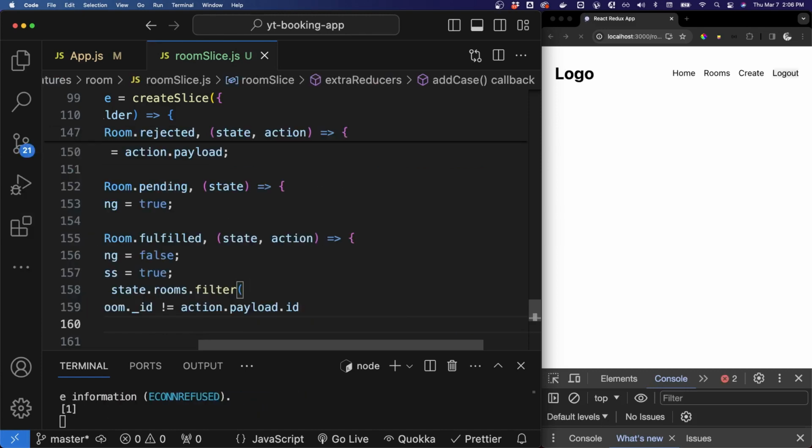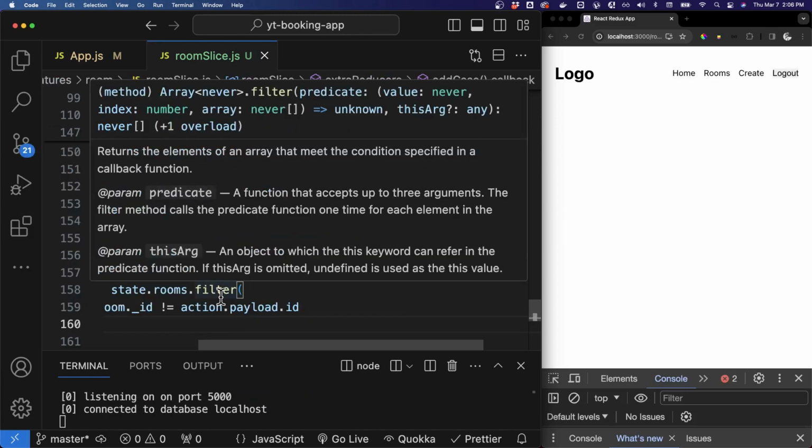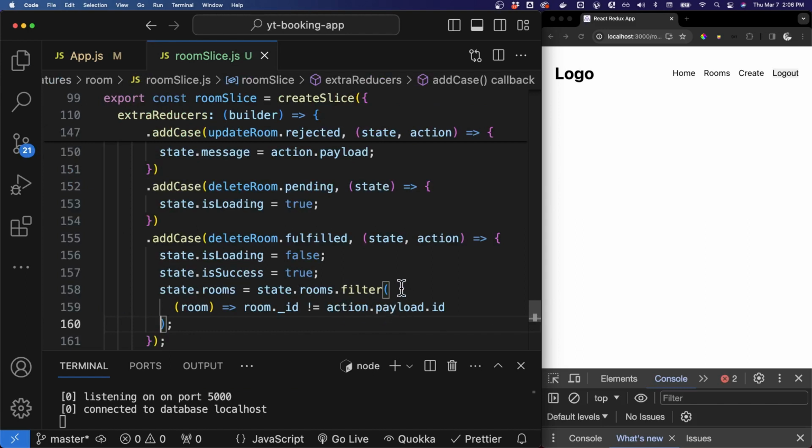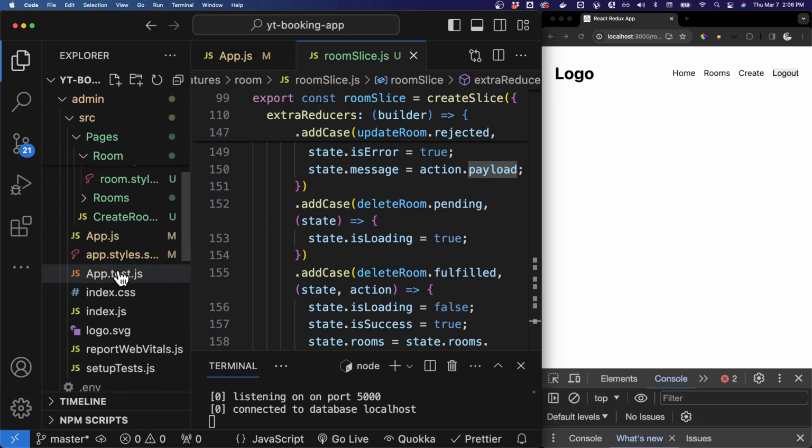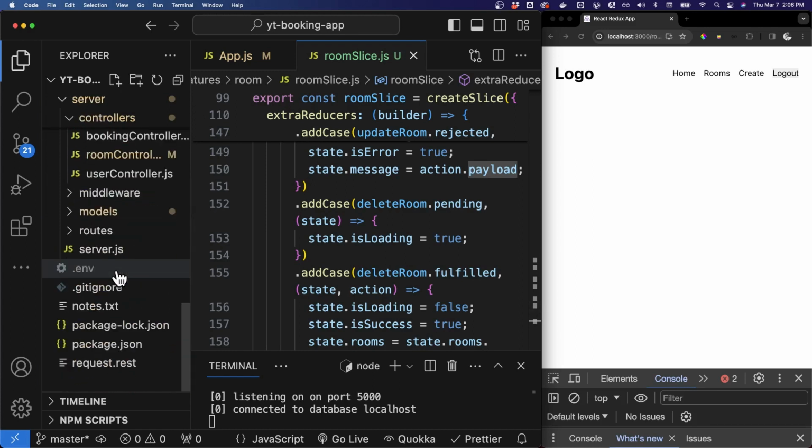That's what we can also do. So if it is failed, state that rooms will be filtered there, state that rooms for each room that is not equals to action.payload. Because we are bringing back the ID, let's check the backend server, and let's go to room controller,